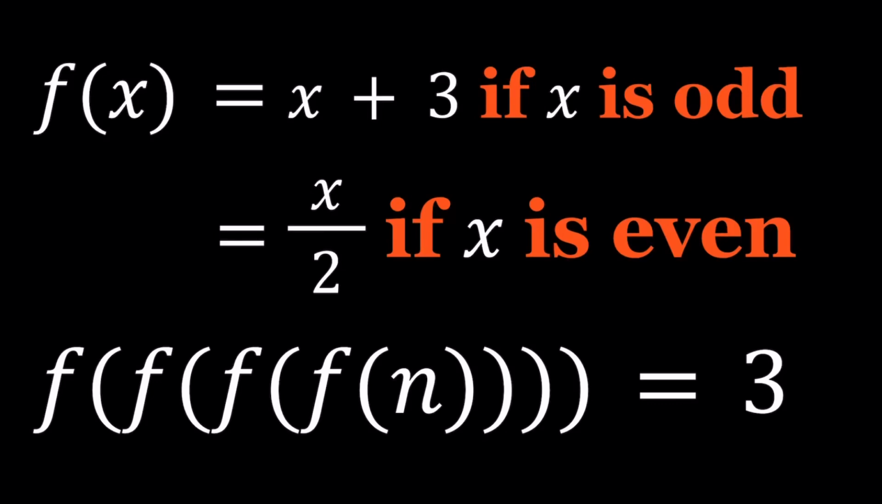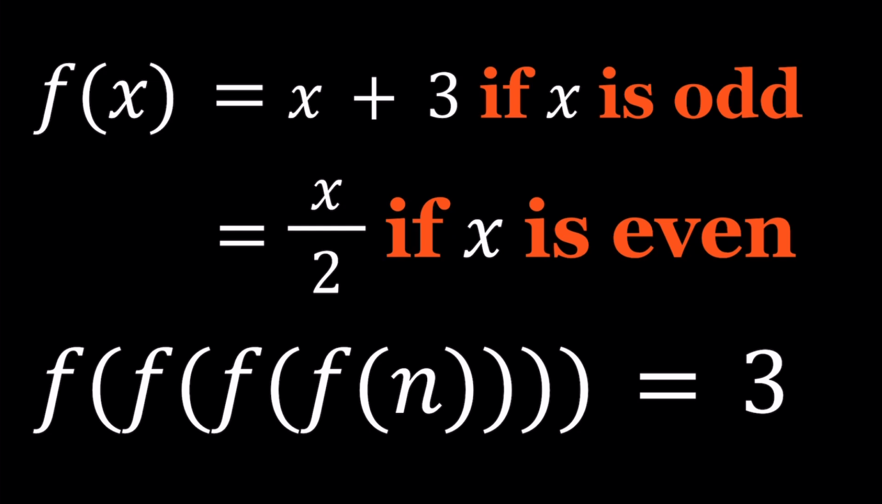Hello everyone. In this video, we're going to be solving a functional equation, an interesting one. We have f of x defined as a piecewise defined function. So if x is odd, f of x is x plus 3. If x is even, then f of x is half of x. So this is kind of like a function from integers to integers, or I guess you could say non-negative integers